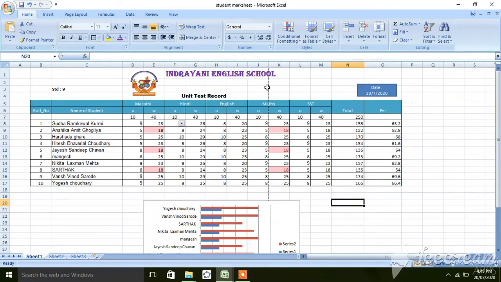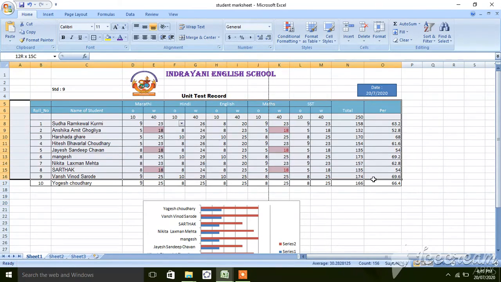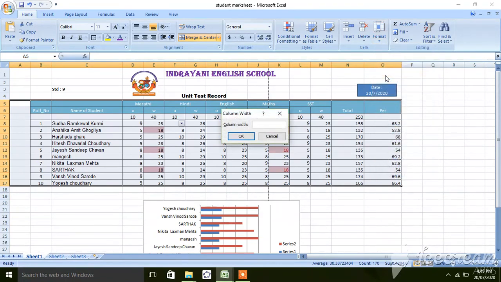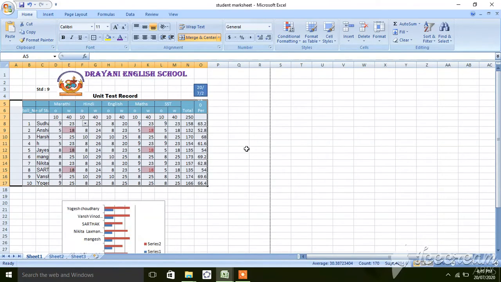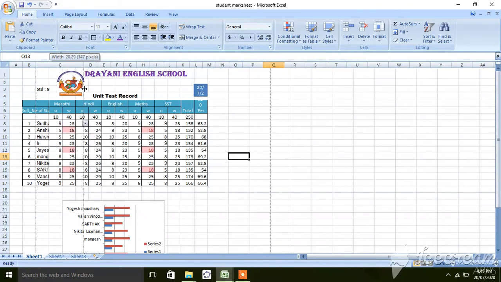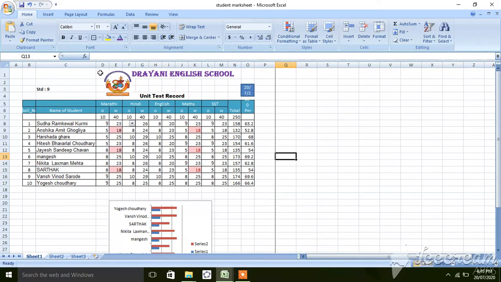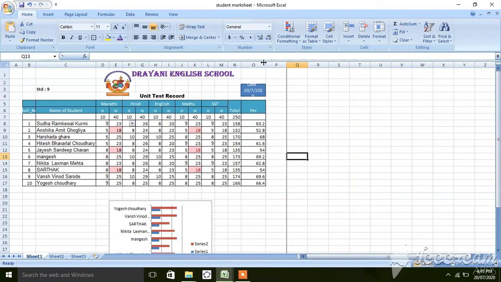Okay, still not fitted. So now do one thing. Select the table, go to format, change column width. Okay, I will change the column width. Data gets displayed. Okay, so you can change the column width and row width with this feature.